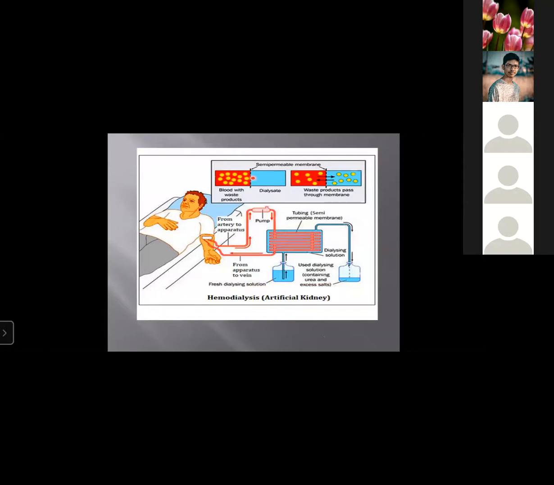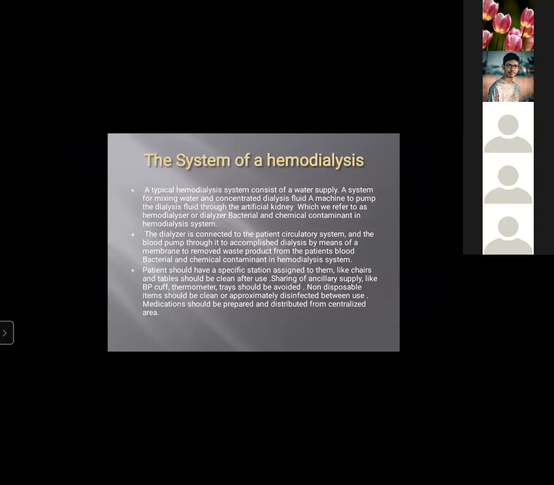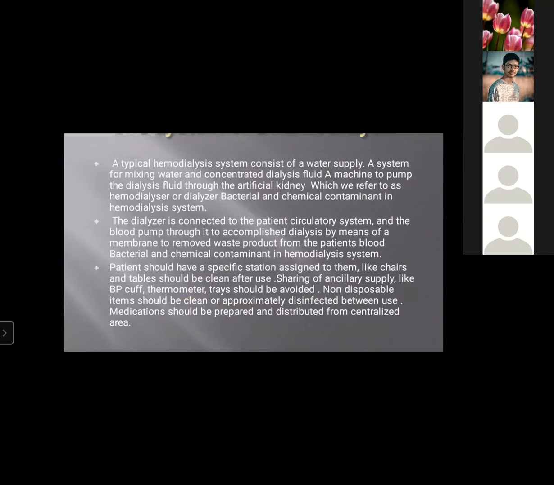This is the diagram of hemodialysis. The system of hemodialysis: a typical hemodialysis system consists of a water supply, a system for mixing water and concentrated dialysis fluid, and a machine to pump the dialysis fluid through the artificial kidney, which is referred to as a hemodialyzer or dialyzer. Bacterial and chemical